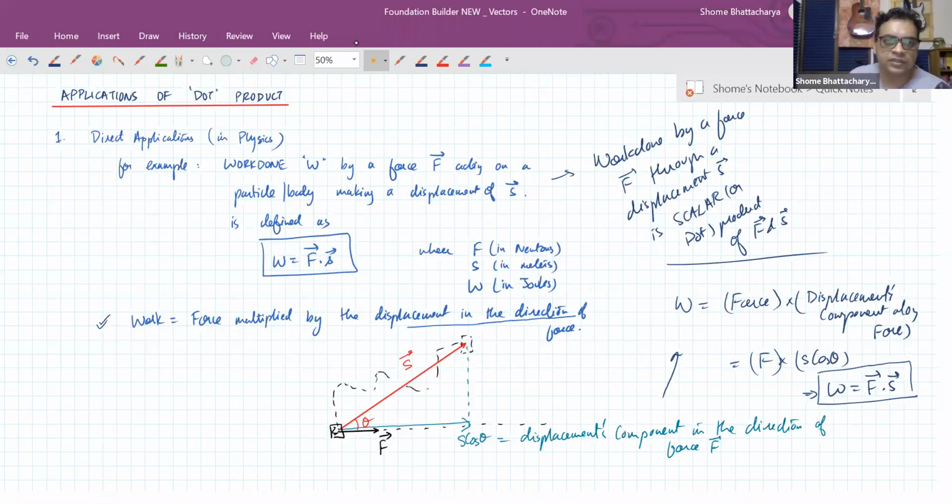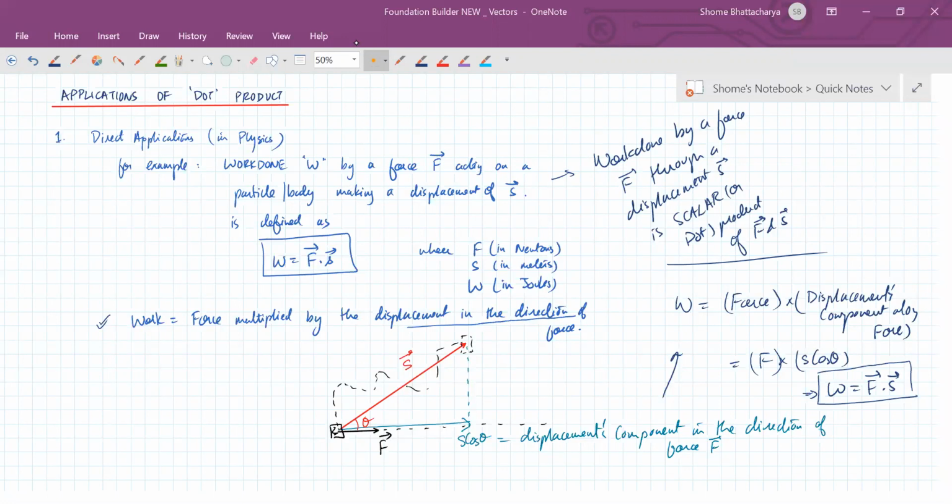This becomes a new definition for us in terms of our knowledge of vector algebra. Okay, so this is the first important application of dot product, which we will be seeing in a chapter a couple of months later. When we come to the work energy theorem chapter, we would be looking at direct application of dot product in calculating work done by the force. This is the number one priority reason why we are studying dot product in the first place. But apart from this, there are some other applications also, and we'll discuss that next. But make a note of this first.